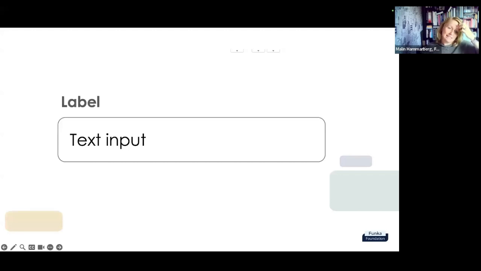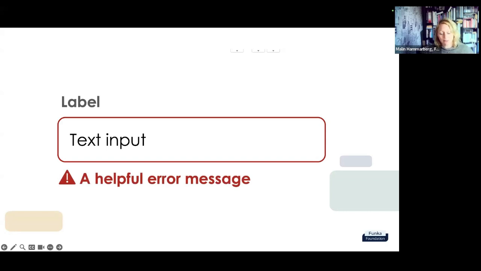When we have added input into our text field and we try to send it in and an error occurs, the error message cannot rely on color alone. So it's not enough that we just mark a red line around our input field and think, fine, you did something wrong here, fix it. We also need to add a visual text or something else than just color alone, and also a helpful text that helps the user correct and fix the message. So adding an icon and a helpful error message so the user can correct and fix the error